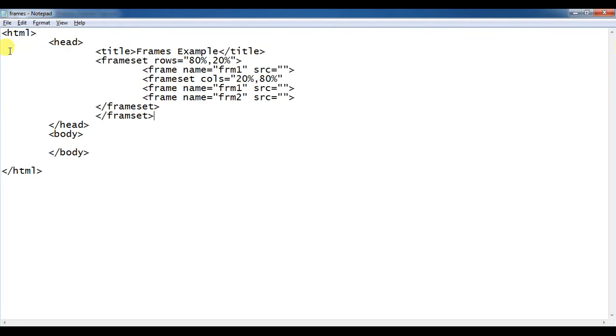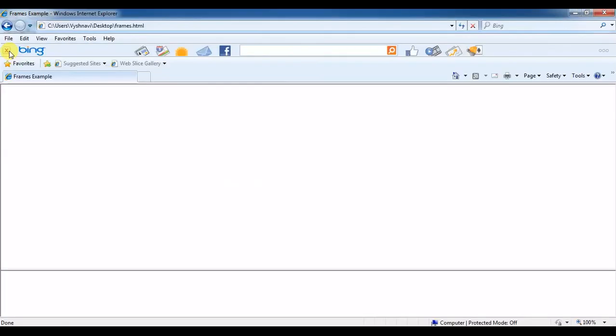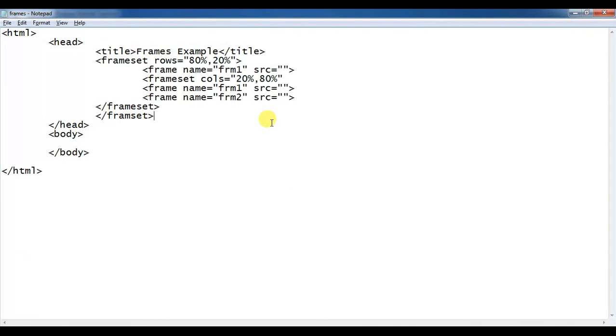Save the program, go to the web browser and click on a refresh button. You see, actually our intention is to make the first frame into two partitions, but the output we are seeing is in the second frame, means we have not represented the second frame set in a proper place.